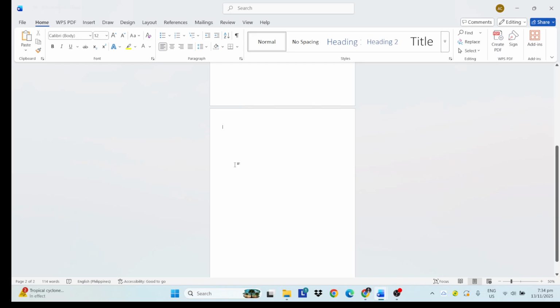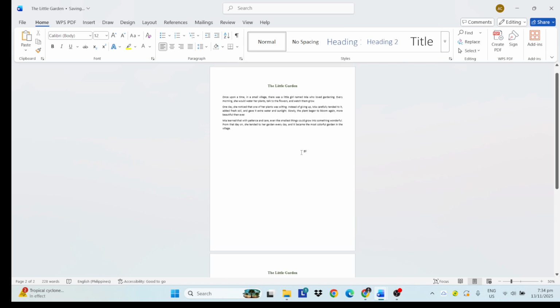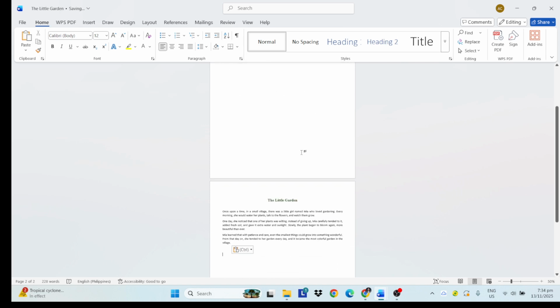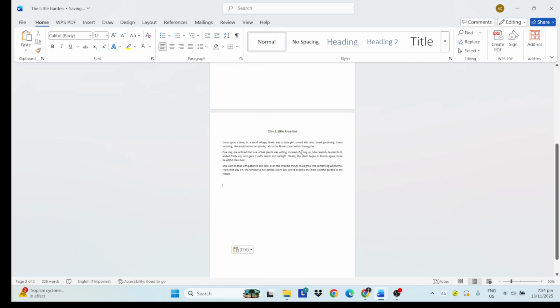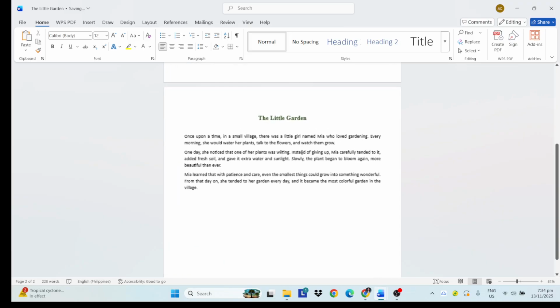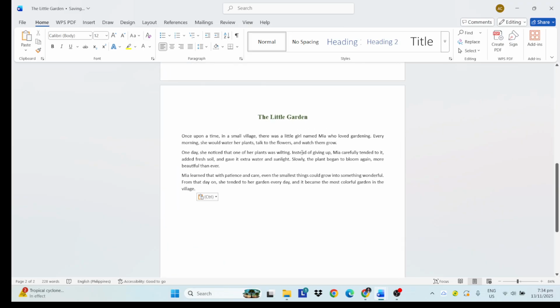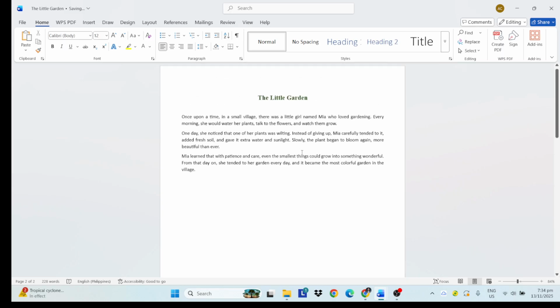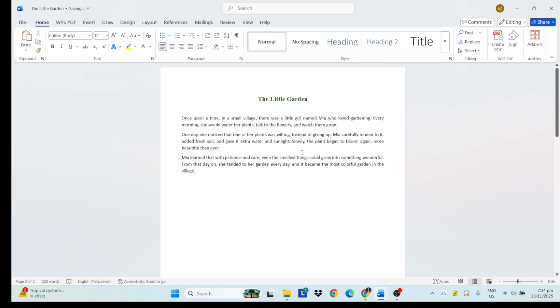Press Ctrl V to paste. This will transfer the previously copied content onto your newly minted page. And there you have it. Your page is now duplicated, looking just like the original. Whether your page included text, images, or tables, this method maintains the exact layout, ensuring continuity and consistency in your